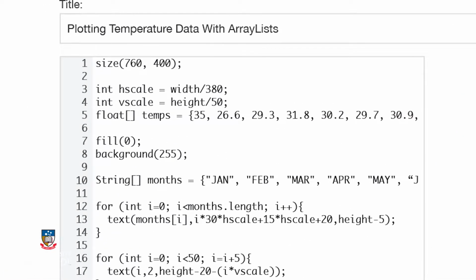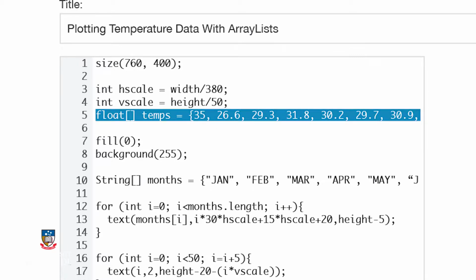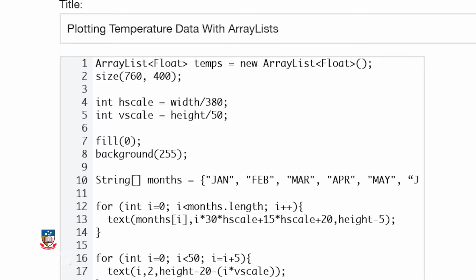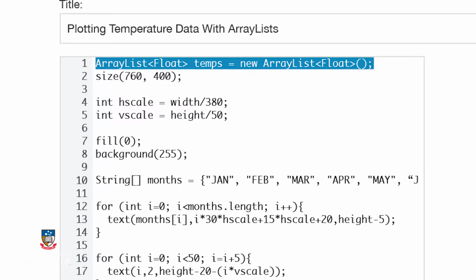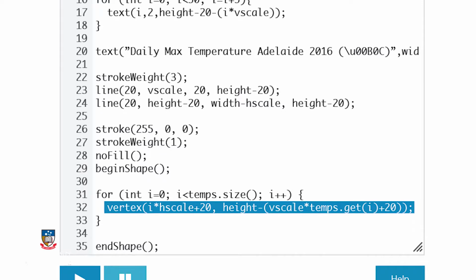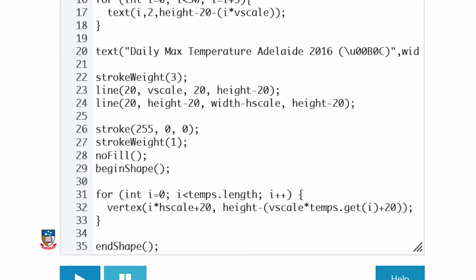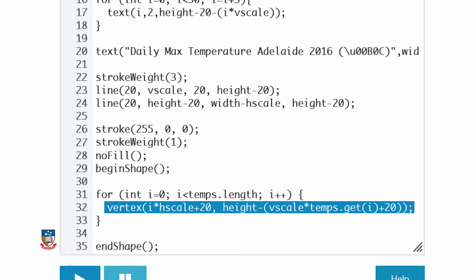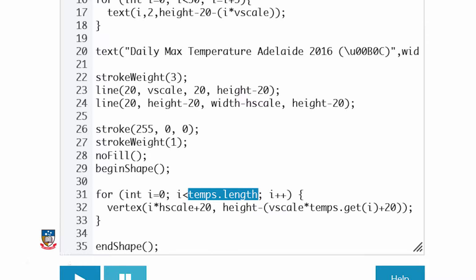We can start by adapting the program that we have to use array lists instead of arrays. The first thing to change is the array initialization. We want to store floating point numbers, so our array list can be declared like this. We'll also need to replace any parts of our code where we access array locations with calls to the ArrayList get method, like this. We'll also need to replace any references to the array length attributes with calls to the